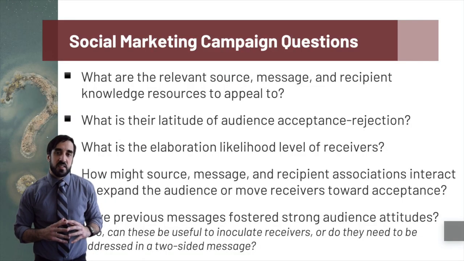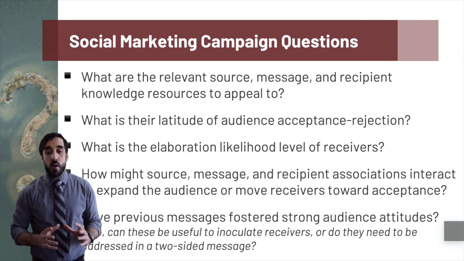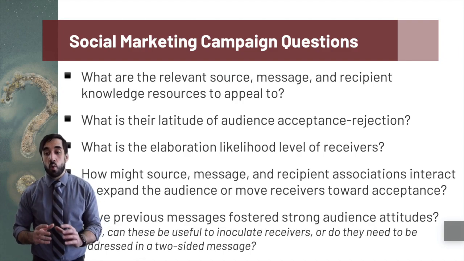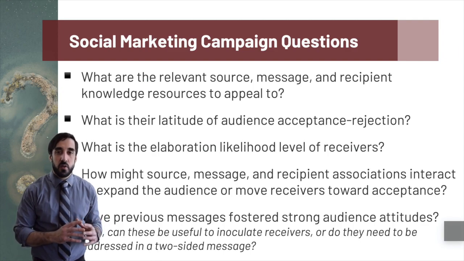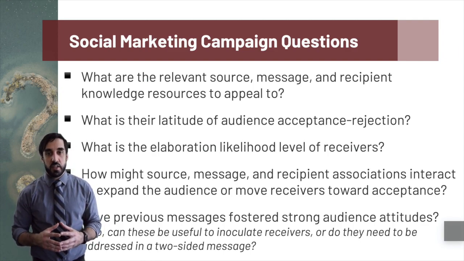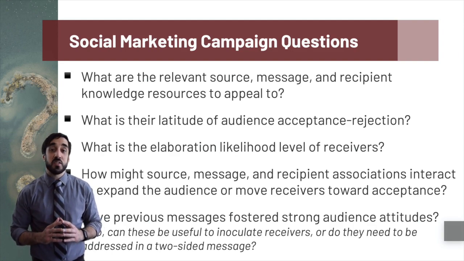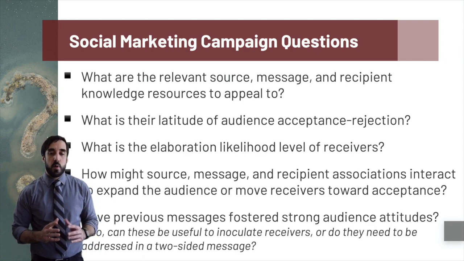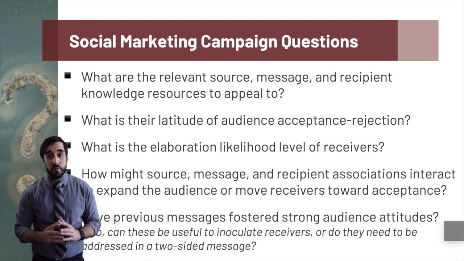So if you choose to consider a social marketing campaign for your upcoming fact campaign paper, I would encourage you to think about the relevant source, message, and receiver qualities that create certain appeals or strategies that marketers might use. Additionally, you might think about the latitude of audience acceptance and rejection in regards to the social marketing campaign that you're analyzing. Third, you might describe in one paragraph of your campaign paper the elaboration likelihood of the receivers that